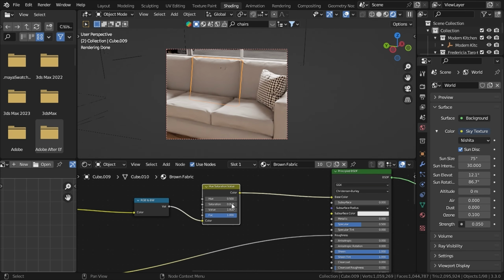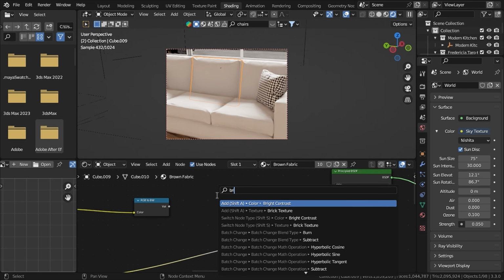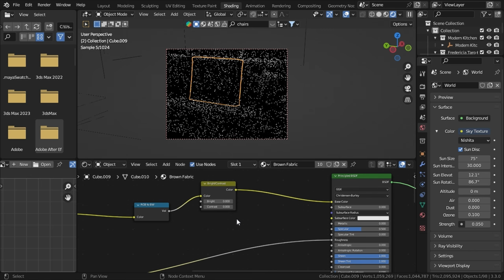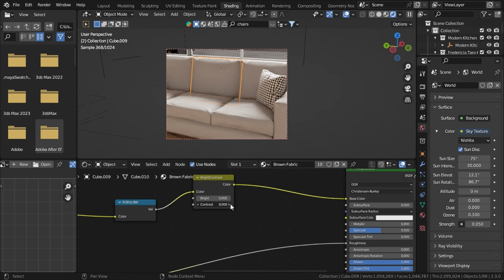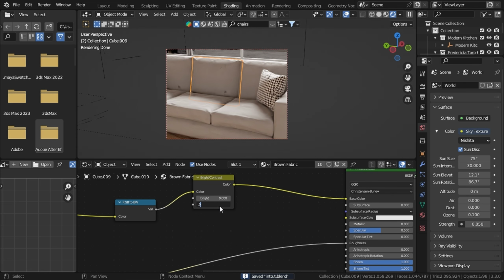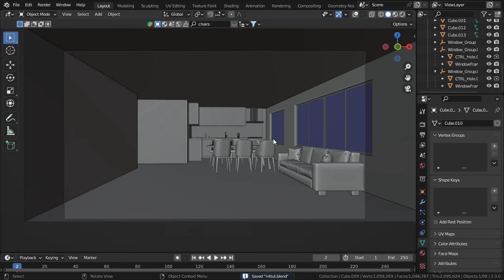So I think we need to add in a bright contrast node, so let's delete this one and let's search bright contrast and plug the value in the color and color into the color. Now let's increase the contrast to make it more grayish. Okay, so I think this is looking fine, so let's go to layout,